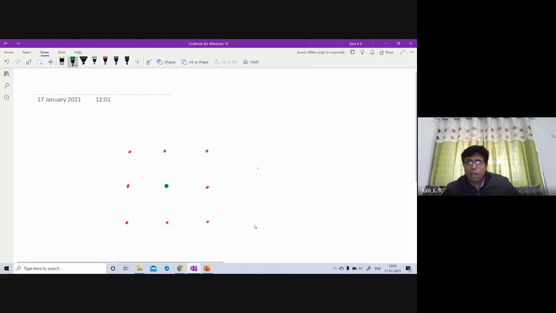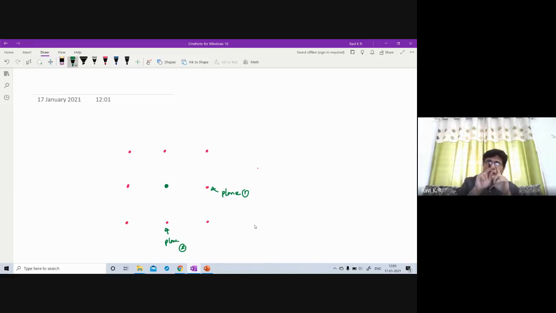Okay, now we know that these are some planes. These are another plane. Let's say plane 1, plane 2. This is what I told you in one of the TEM classes, that what you see in real space is a plane. 100 is a plane. It is three-dimensional. You may have maybe some rectangular or square shape. But what you see in the reciprocal space, everything will be in this part. That part we will discuss in the next class.